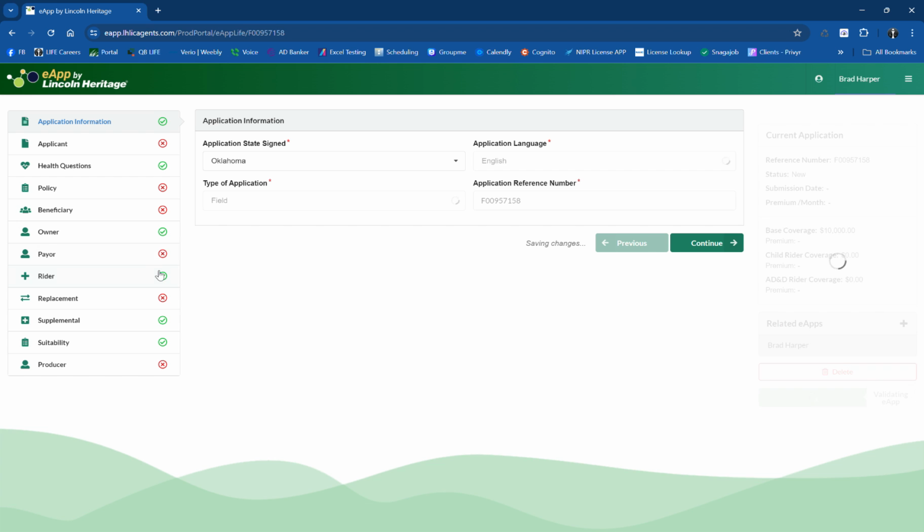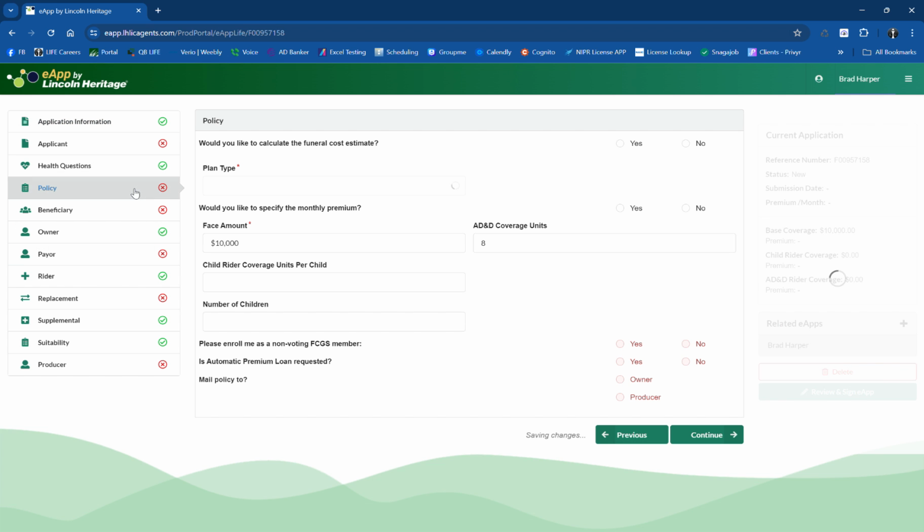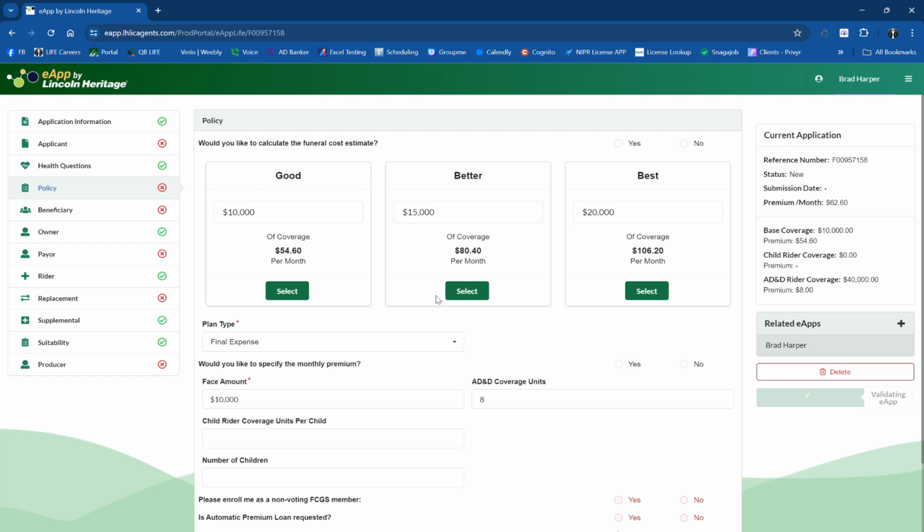You click on there, go back to the policy, and this is a situation where the client says, I do not have heart disease, I've got an irregular heartbeat, something that's not modified, but we're probably going to need to get a note from the doctor stating that they do not have heart disease. It's for something like an irregular heartbeat. So we're looking at, in this example, a $10,000 face amount policy with 8 units of AD&D, which sets a monthly premium of